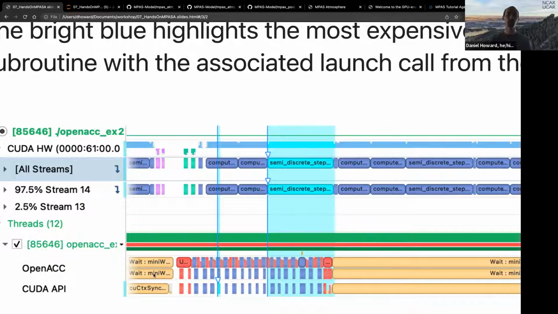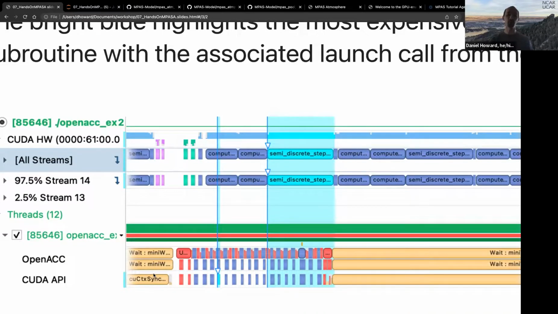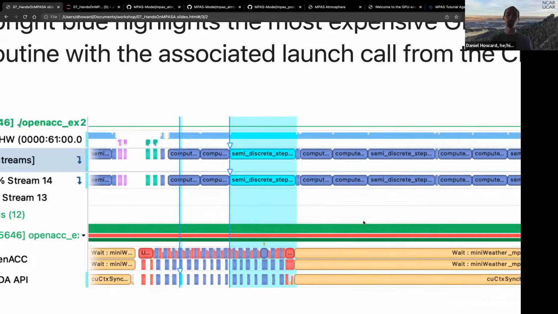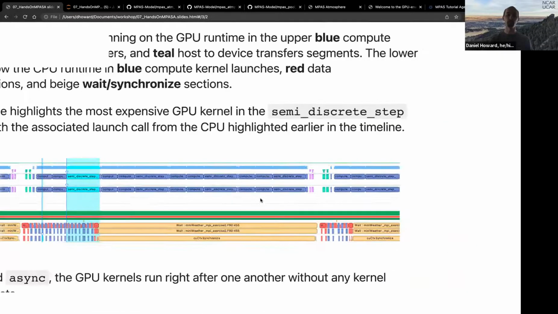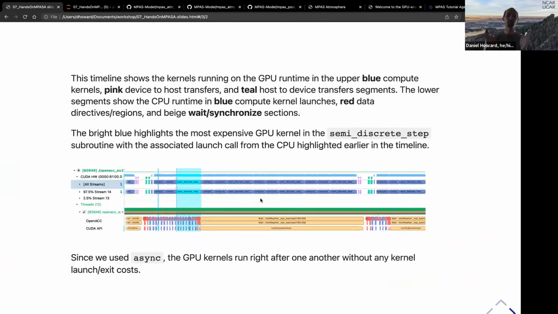Previously, the CPU side was waiting, due to the usage of async, for these transfers to complete. After they completed, it's then allowed to start scheduling new compute kernels again, and it goes through the sequence there, and the GPU will just chug along and run through all the remaining kernels until it hits another wait section where it needs to do another computation or a movement of data at the end here, and that cycle repeats. So essentially, it allows queuing all the operations right after each other without necessarily having to wait